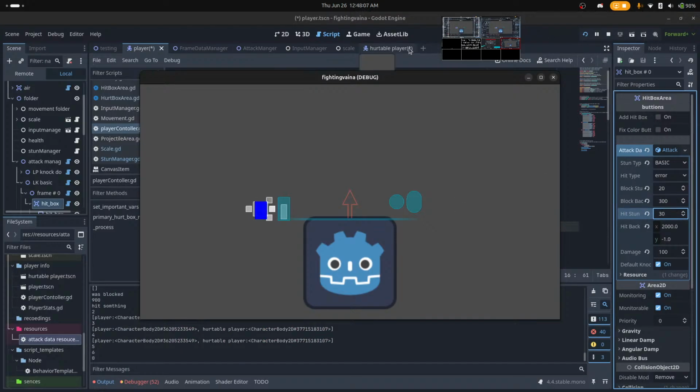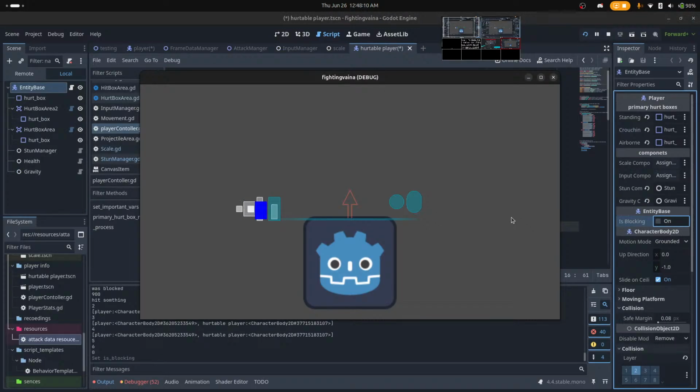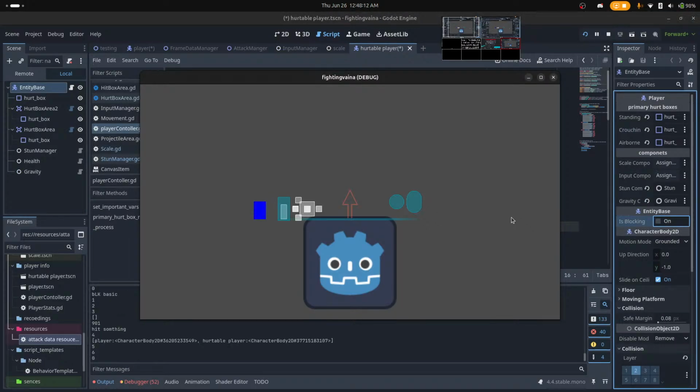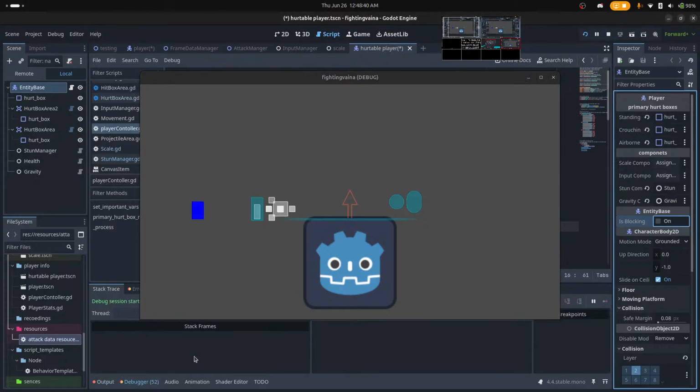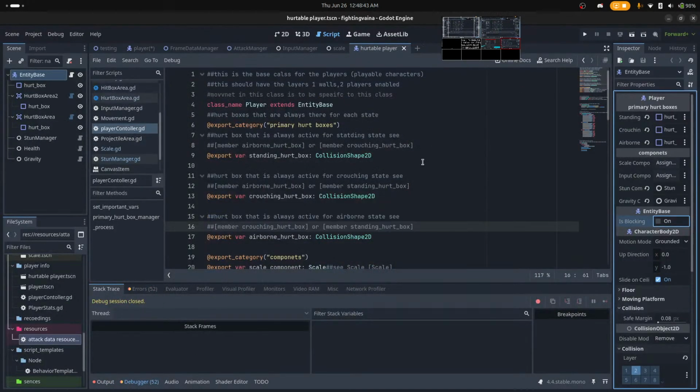Blocking, not blocking. Yeah, this -1 thing is just sitting there because it's not being used yet. Anyways, so let's say and call that blocking.